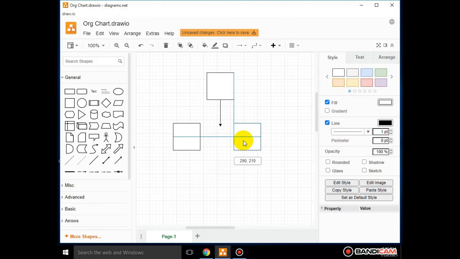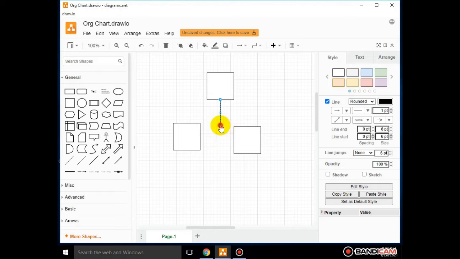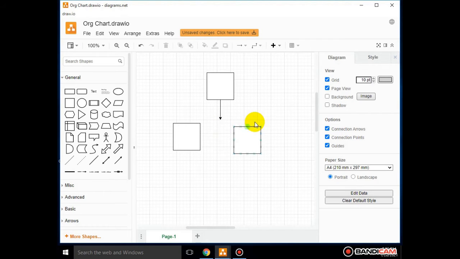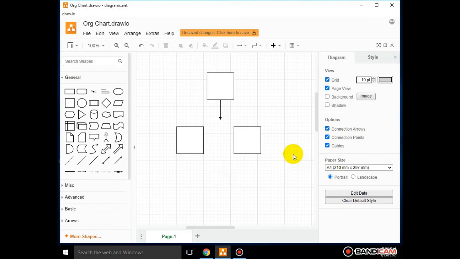We have many shapes. Whatever shapes we want, we can drag from the left hand side to the diagram area. Now we are preparing a simple organization flowchart. It is very easy to move and drag. What type of shapes or pictures we want, we can include.